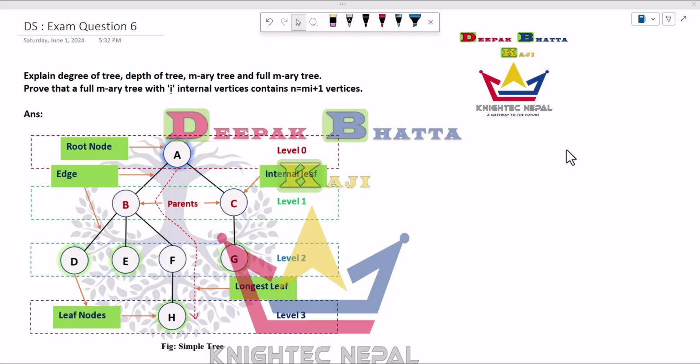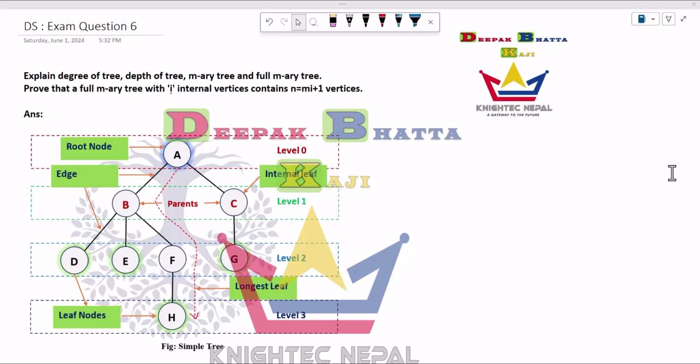So let's dive into the exam question, which is: explain the degree of tree, depth of tree, m-ary tree and full m-ary tree, and also asks in the tail part, prove that a full m-ary tree with i internal vertices contains n = mi + 1 vertices. So before starting the degree of tree,